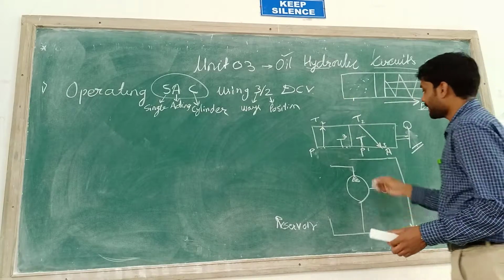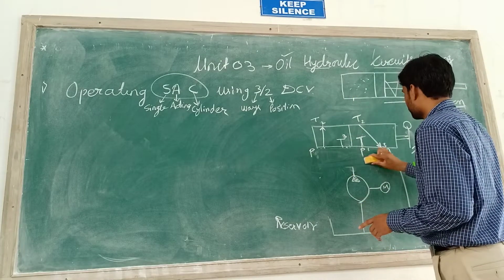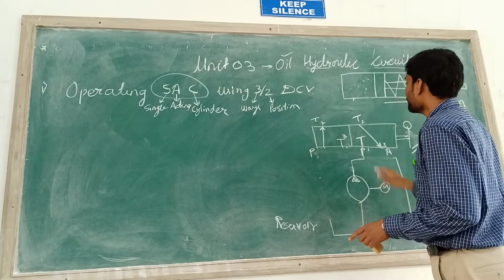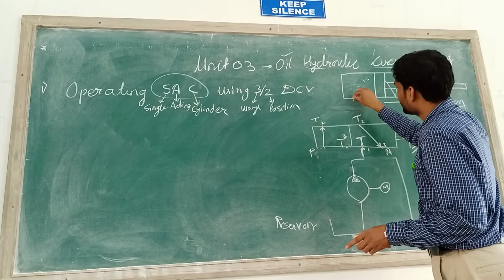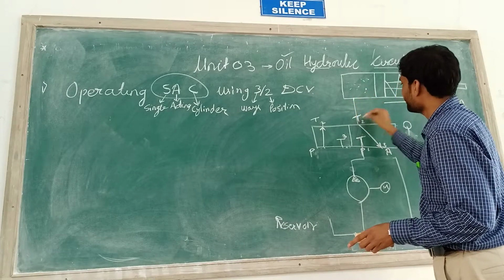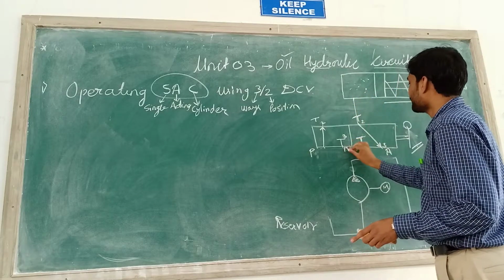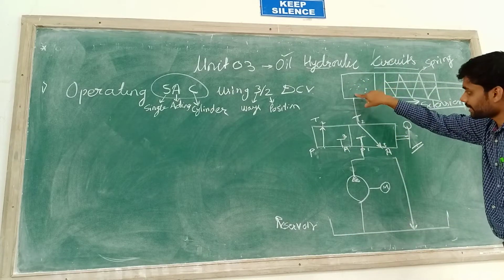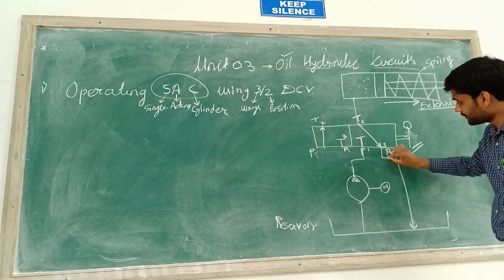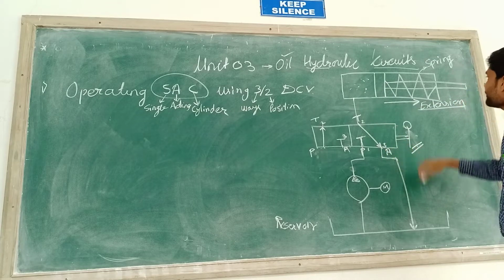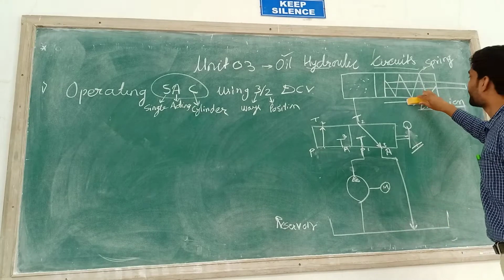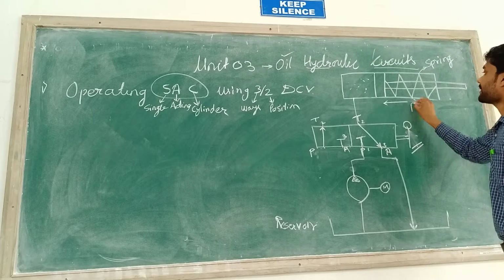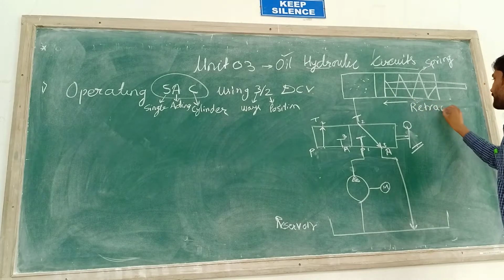At that time, what will happen? This pump port P gets shunt here, and this port T is connected to port A here. So the high pressure liquid in that region moves to the reservoir this way, and because of the action of this spring, the piston moves in the inward direction. We call it a retraction stroke.